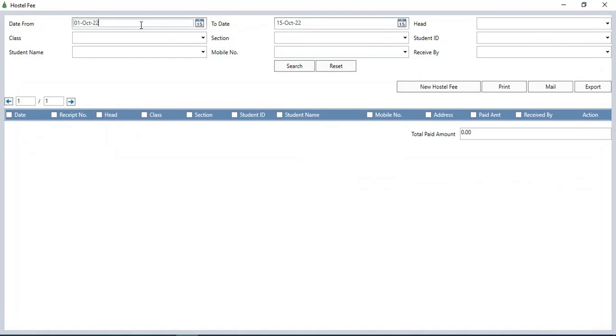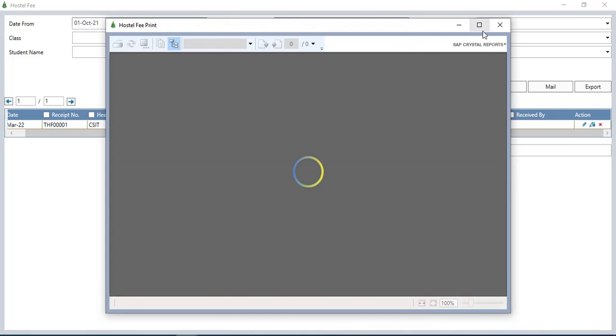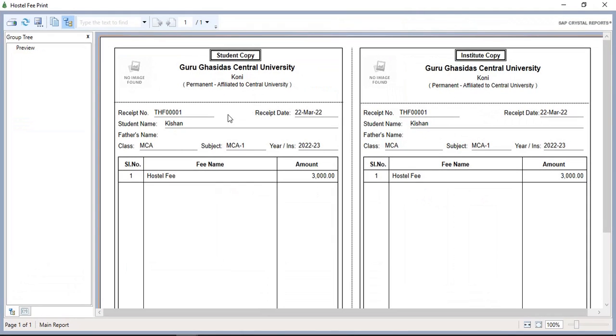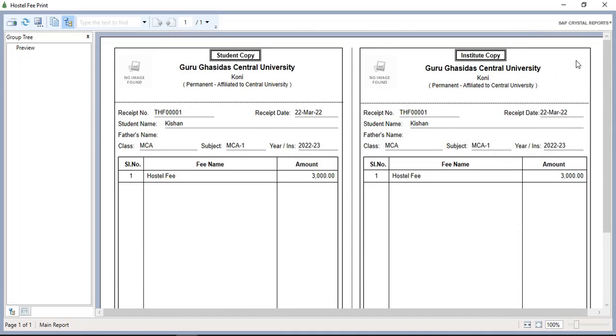Let me show you the print receipt. Here you can see the hostel fee receipt. It is showing the details. You can see here,